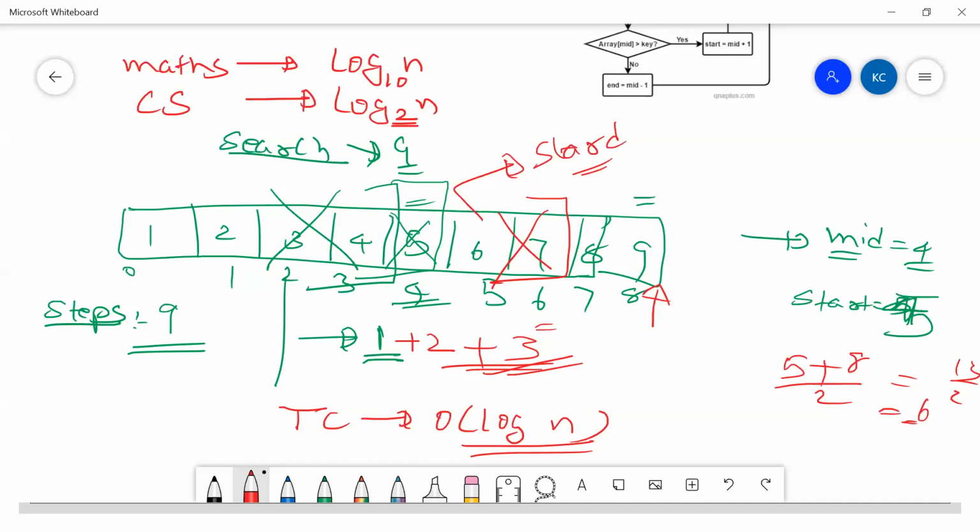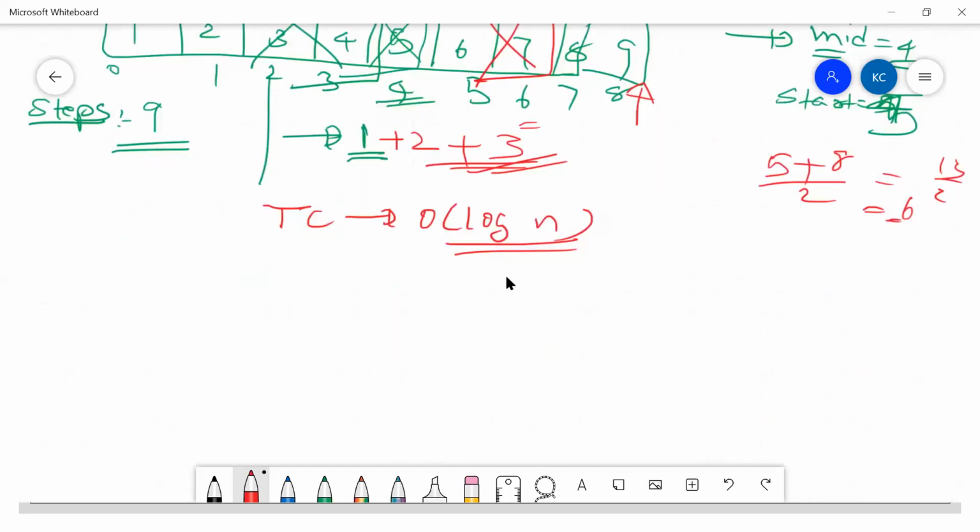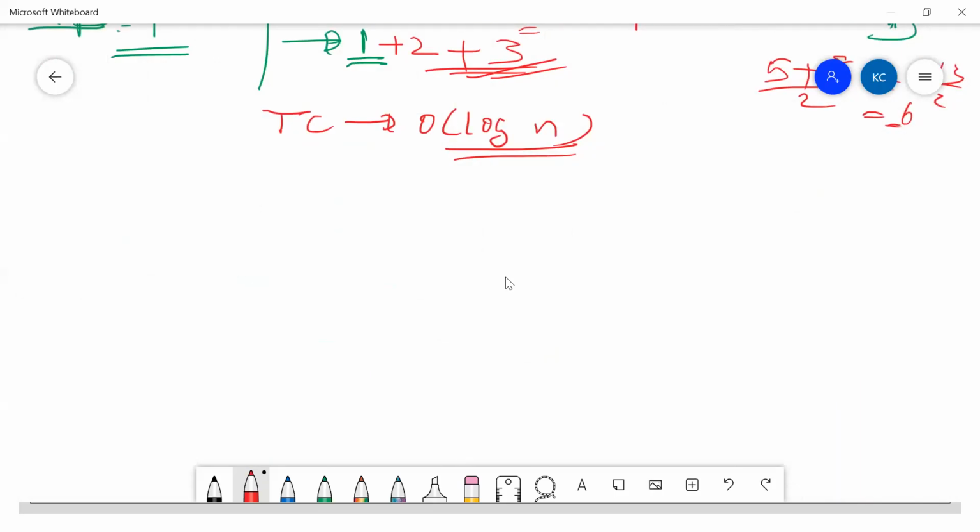space complexity for this problem. Okay, space complexity, there's no space complexity, right? See, when we are given an input, the same thing, if it is an iterative technique, for example, let's say we are saying the time complexity is order of n. What we actually mean is the number of steps is directly proportional to the input.